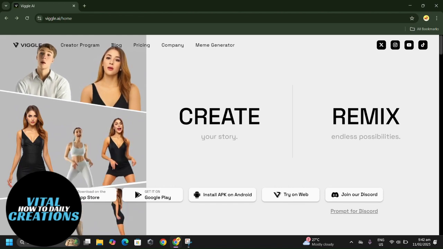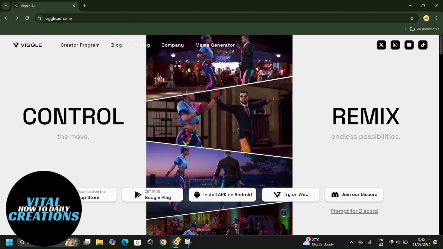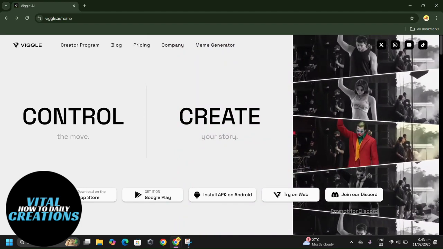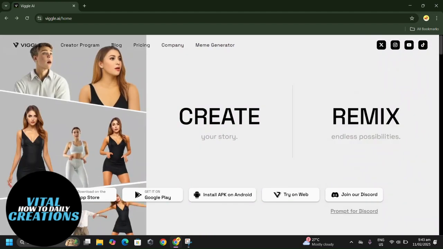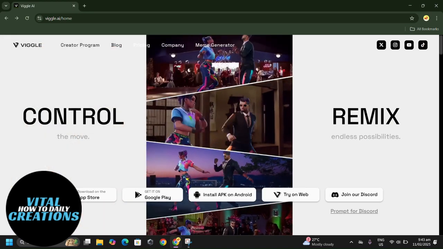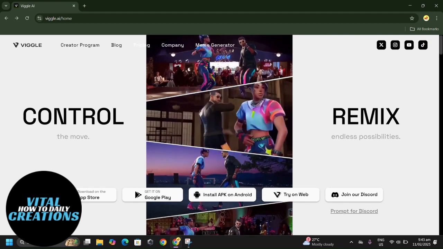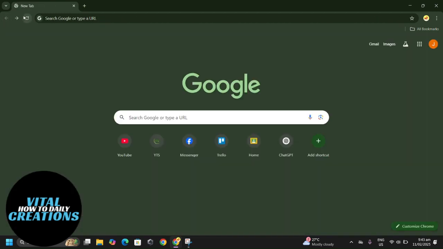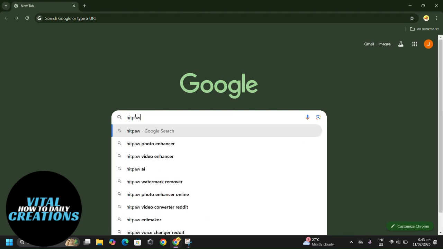So the third method is there are online tools like HitPom Watermark Remover, aPowerSoft Watermark Remover, or Adobe Photoshop for images that use AI to intelligently remove watermarks from videos. So to do this, simply upload your Vigal AI animation into one of these tools. Let's try the HitPom Watermark Remover online.